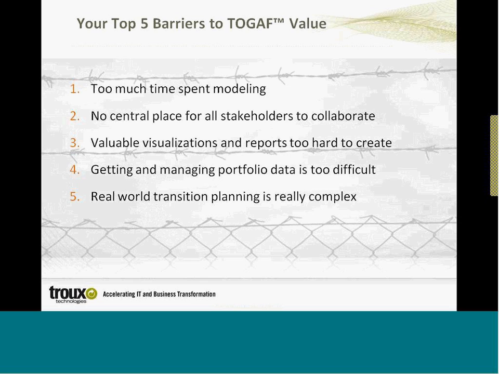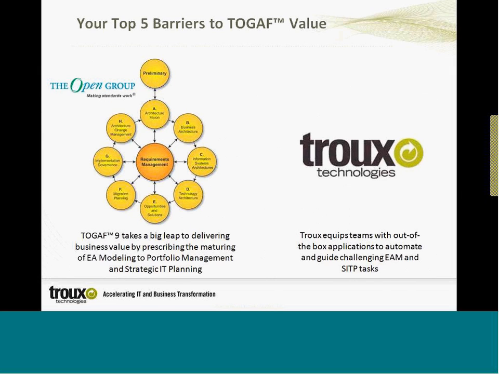The data you need is often difficult to get from other sources. You need to be able to provide value back to the people who provide you the data. And lastly, real-world transition planning is complex. There is a single idealized future state, but many alternatives and evolutionary transitions, not to mention the fact that the current state is constantly changing underneath you. Enter what we think of as a perfect storm.